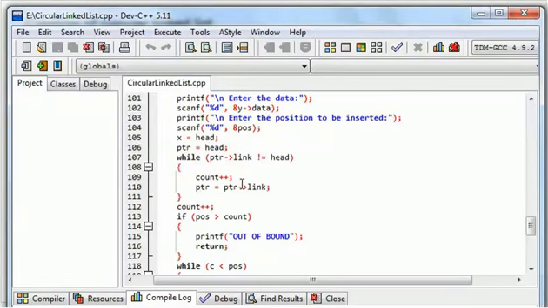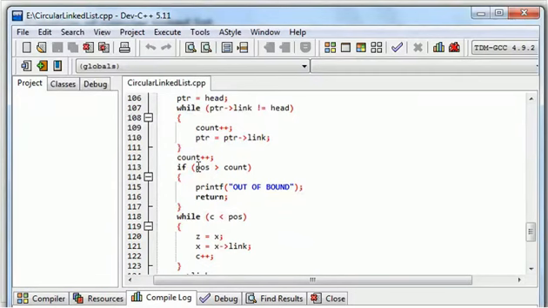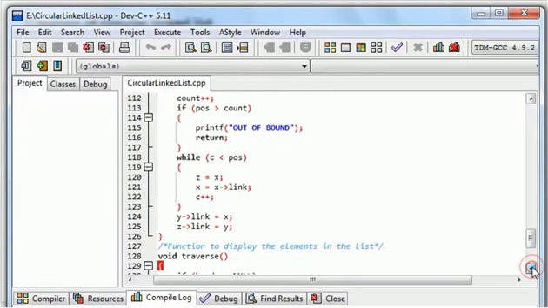We have counted the number of elements within the list, and we are checking whether the value the user has entered for the position is greater than count. If it is greater than count, it means you are giving something which is out of the bounds of the linked list. But if it is less than count, then we are moving towards that position.